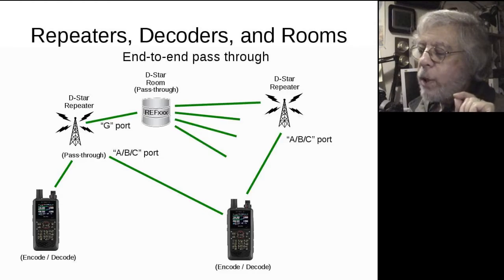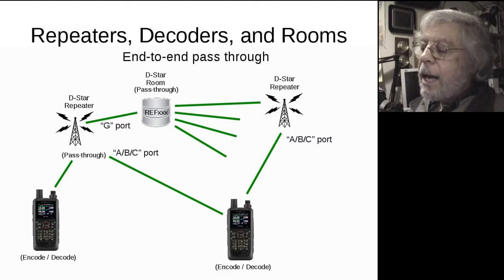But what they've done with D-Star, because it's digital, you can run the digital traffic, those packets, through a gateway. You can go from the G port, the gateway, out through a reflector to another repeater